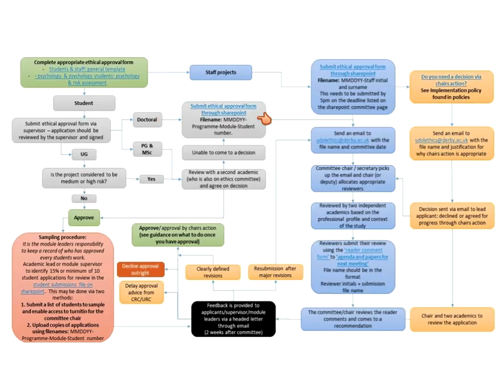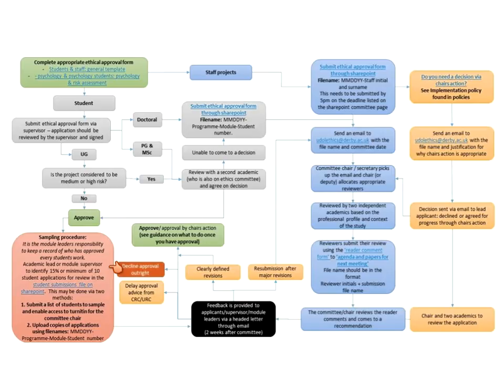If it's a doctoral student, postgraduate research student, then they have to go through the form procedure that the staff would go through, and this part of the form tells you about how to do that. If it's just a postgraduate or taught master's program, for example, then it will be reviewed with a second academic, so the supervisor and a second academic, preferably someone who is also on the ethics committee, and they will agree a decision. If they cannot agree a decision, then you can escalate that up to the committee. If they can agree a decision, then that will be considered approved, and then we will go through to the